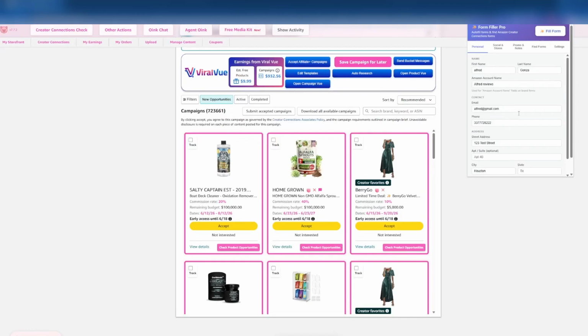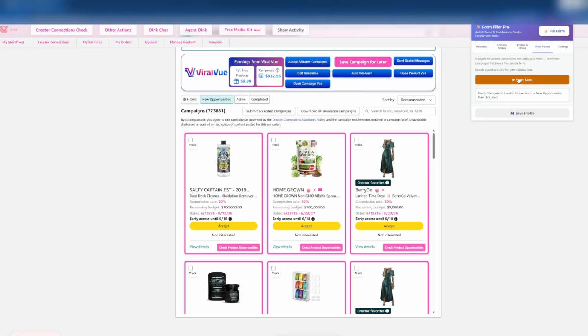So I just released a huge update for Form Filler Pro. It's now going to click the radio buttons, so you have to click even less whenever you're filling out these campaign forms. And I increased the speed for scanning for these forms if you want to scan on